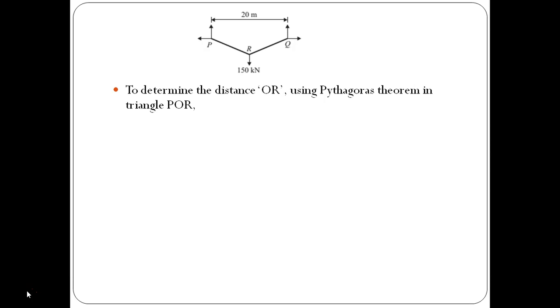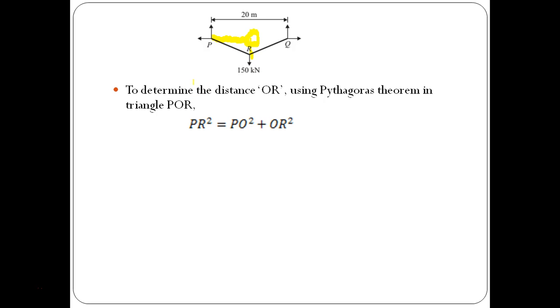Now to determine the distance, a particular point O is given. O point is taken as in the middle of the horizontal distance PQ. So here O point in the middle of horizontal distance PQ, if we just consider, so using simple Pythagoras theorem in triangle POR, which is going to be this particular triangle. So POR,